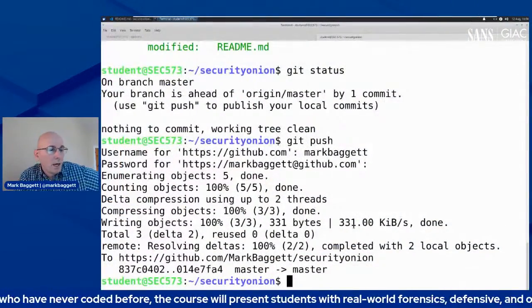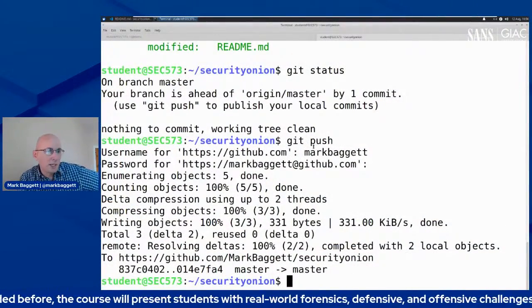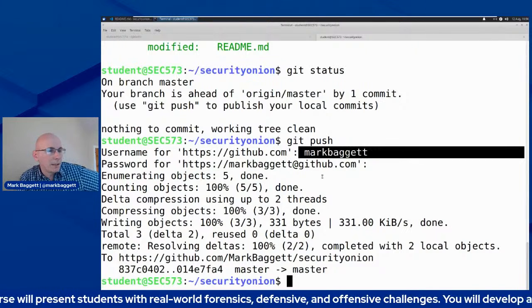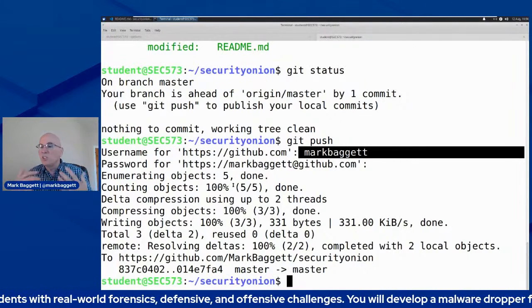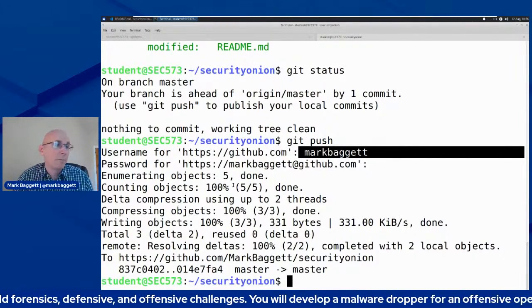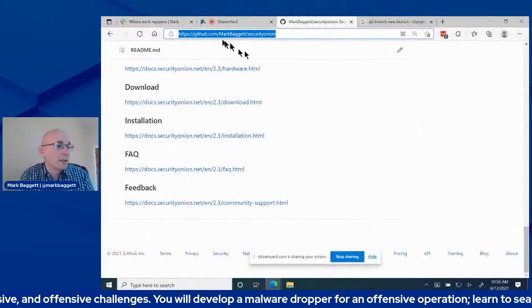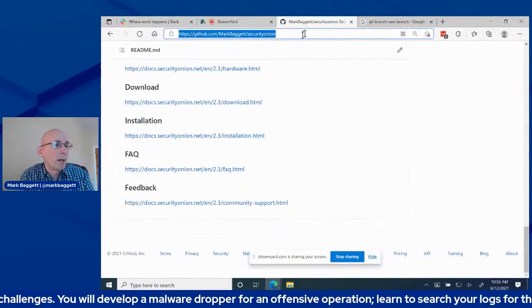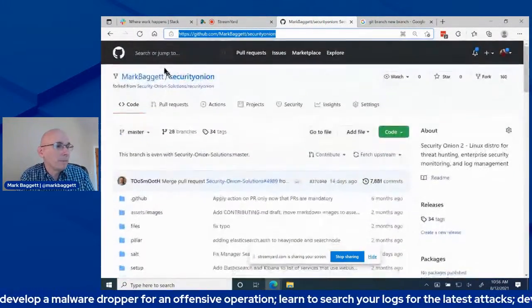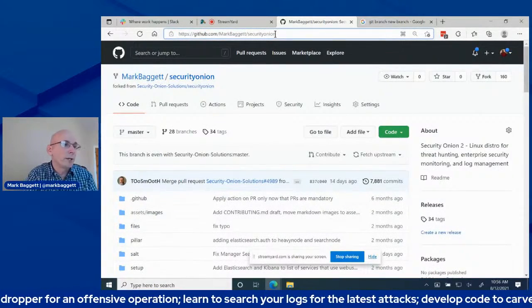Appreciate that. So here you can see I just did a git push. It asked for my username, which is Mark Baggett, my password, and then it synchronized that back up to my GitHub repository. So now on my GitHub repository, on Mark Baggett Security Onion, if we come up here and we just do a refresh on my page,